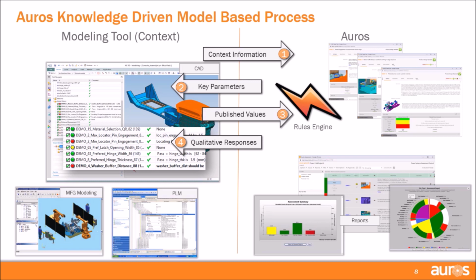And one of the benefits of that is that you not only see status of that rule within the modeling environment, as you see here, but in the background, there's a wealth of reports that can be generated to show you the status of that evaluation, not only within the modeling environment, but also externally, which is often very beneficial